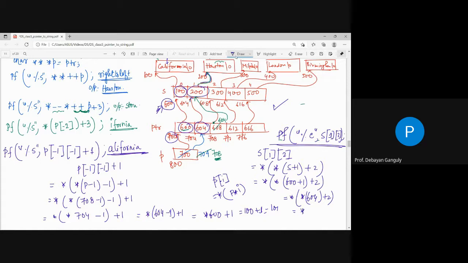So this is 200 plus 2, and that is a character array, so this is nothing but 202. So 202 locations, this is the 200 location, this is the 201 location, this is the 202, that is u. So that will print you u. So in that case the output is u. Output is u. So that is the thing যেটা তোমরা হয়তো বুঝতে পারছো যে এইরকম ভাবে কমপ্লিকেশনস দিতে পারে, এবং